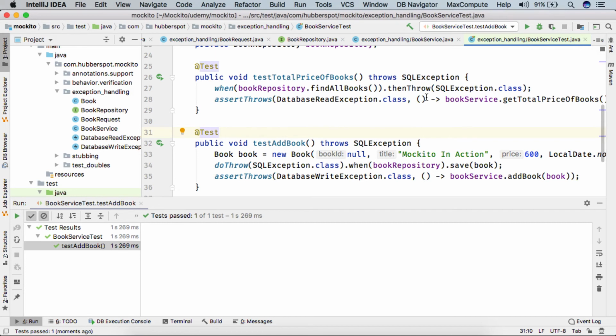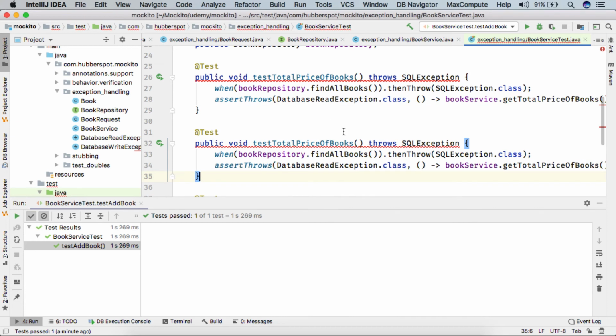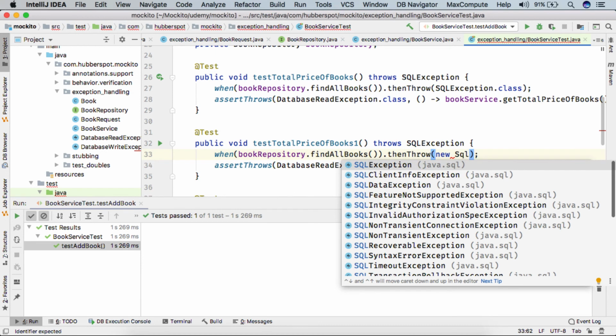So friends, here we simply provided the SQL exception dot class. What we can also do is copy this, paste it here, and instead of this, do something like a new SQL exception.